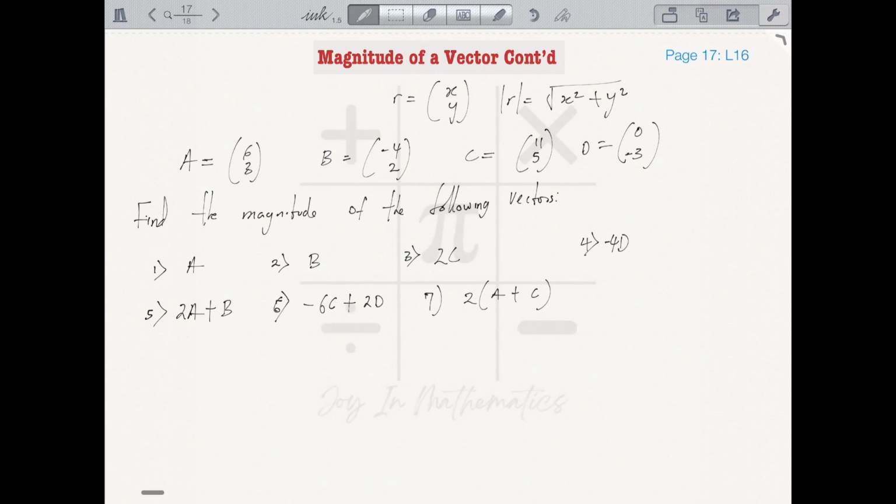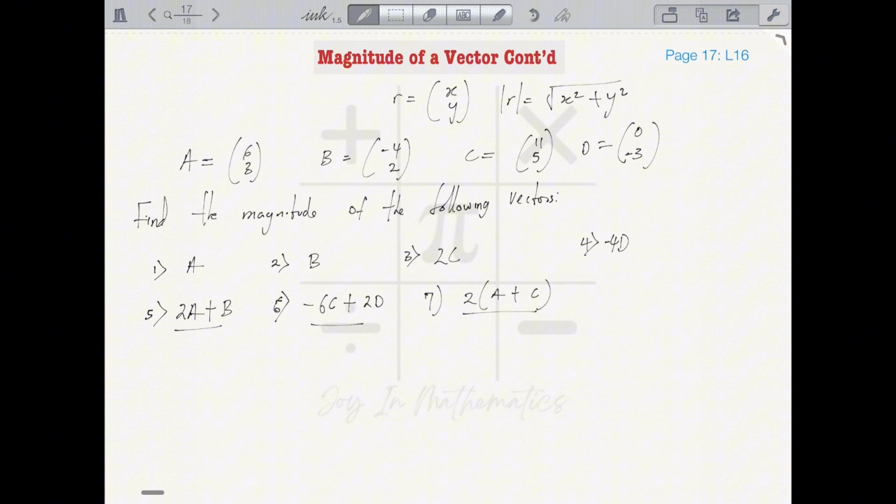Now let's continue on magnitude of the vector. We have 7 questions here. If A is equal to (6, 3), B is equal to (-4, 2), C is equal to (11, 5), D is equal to (0, -3), we should evaluate the magnitude of the following vectors. We can see individual vectors that involve scalar multiplication, and we also have vectors that involve scalar multiplication combined